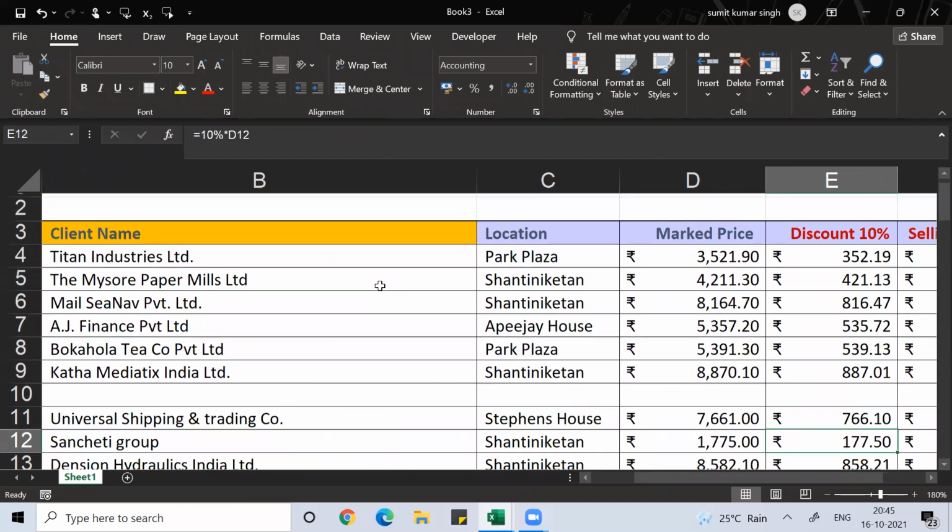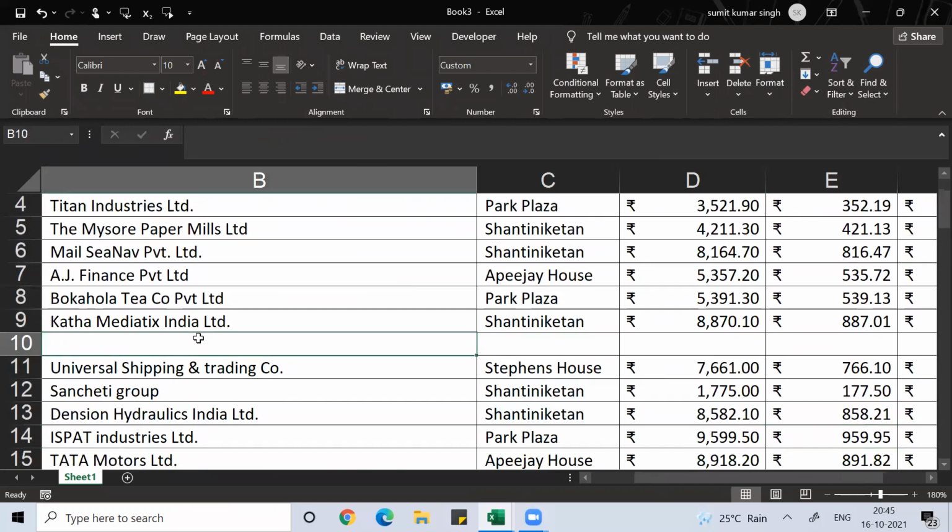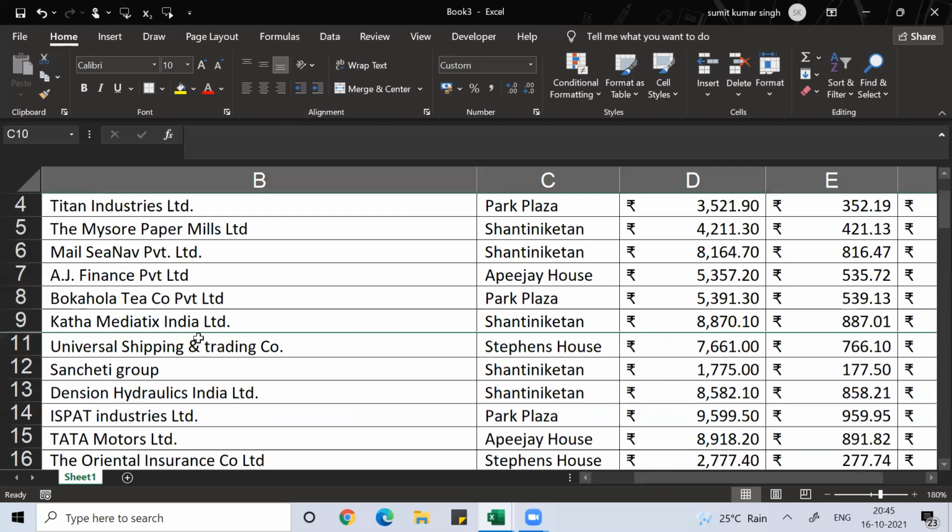Now you can see some gaps are there. If you want to delete this row, you can easily delete it. If you want to hide this row, which is unoccupied, how will you hide it? You can hide the row by selecting the row with Shift space, then Control 9.